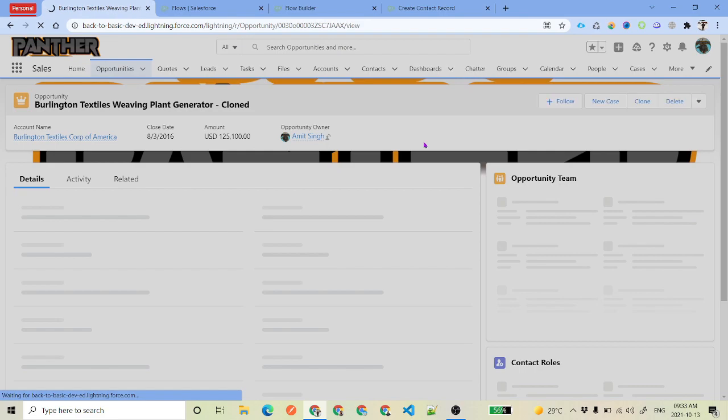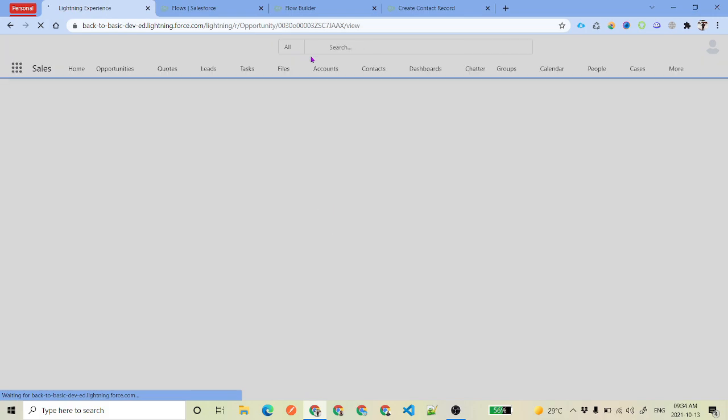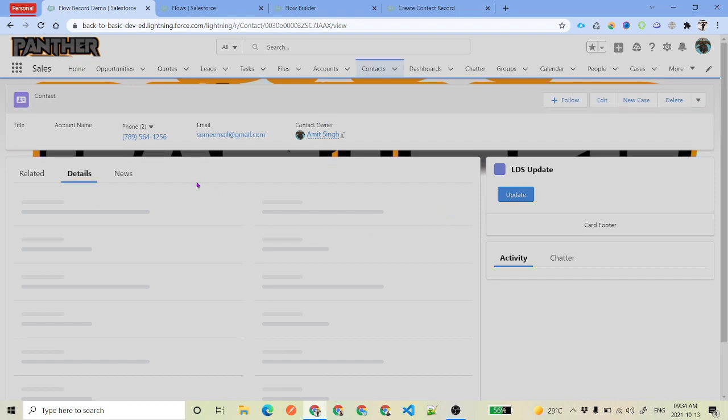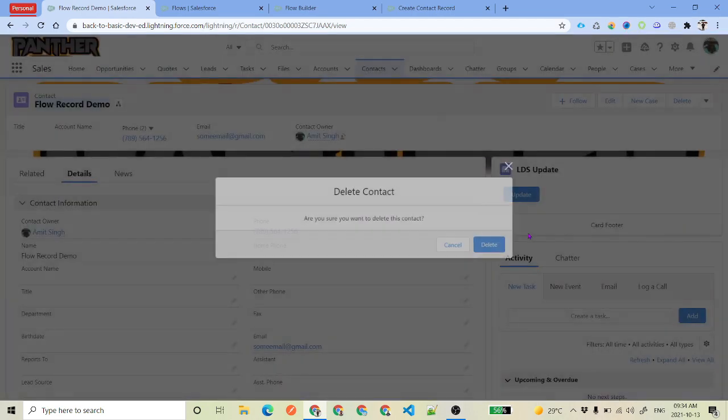We will just open any record and replace the record ID in the URL. No matter which object you are in, it is going to take you to the contact record. So you see here the URL has been automatically changed, and you can see here this is the contact record, and the account is not here. Yeah, we haven't mapped the account, that is why we are not able to see the account mapped here. So you can see here, right, the record is getting created.